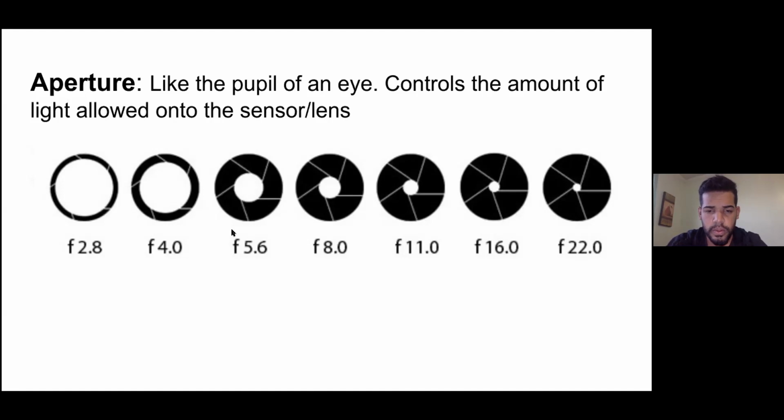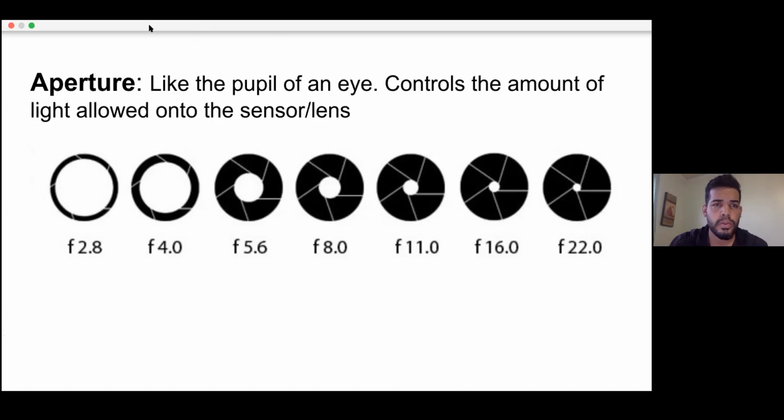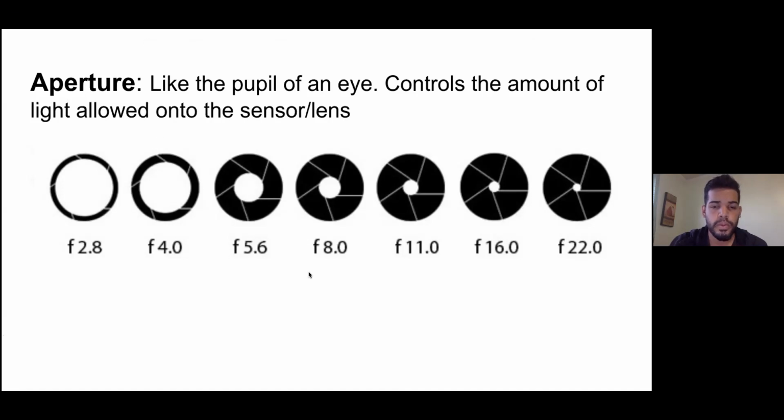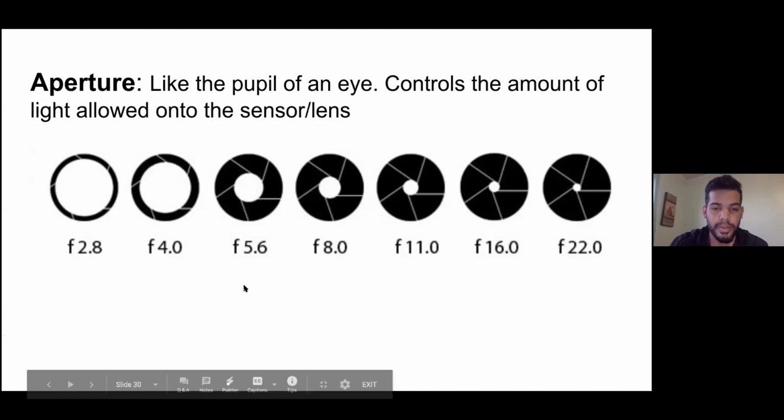Lower f-stop numbers will sort of blur out your background, but it also depends on what type of lens you have. Some prime lenses, which means that you can't zoom on them, like 50 millimeters and 35 millimeters, will get you more of that because they're faster lenses. And I'm probably spitting out a lot of stuff that you may not understand because I'm giving you more DSLR type things. A faster lens just means you can have a lower